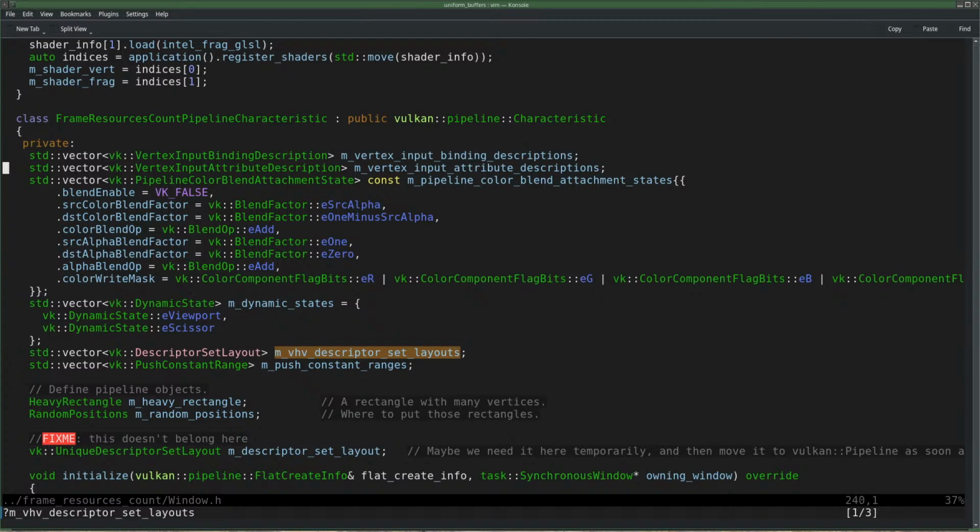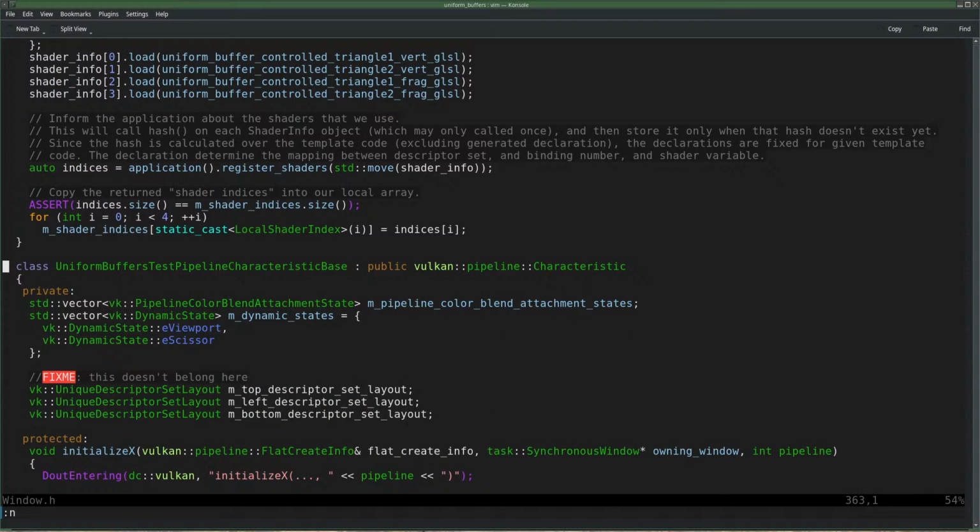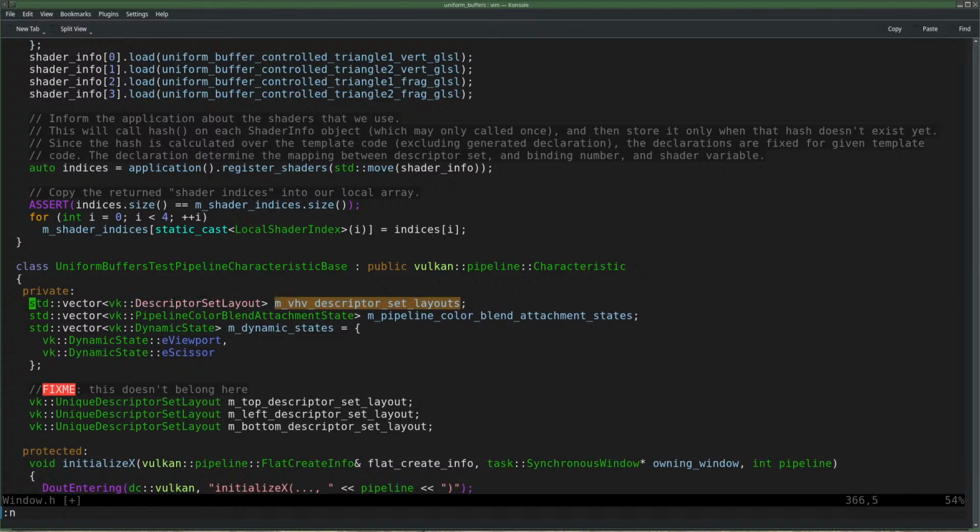Dynamic states. So I have a vector here called input binding descriptions and input attribute descriptions, and then somewhere below that we have a descriptor set layout vector. Well, there's also a extremely minimal, but okay, let's just add it here.